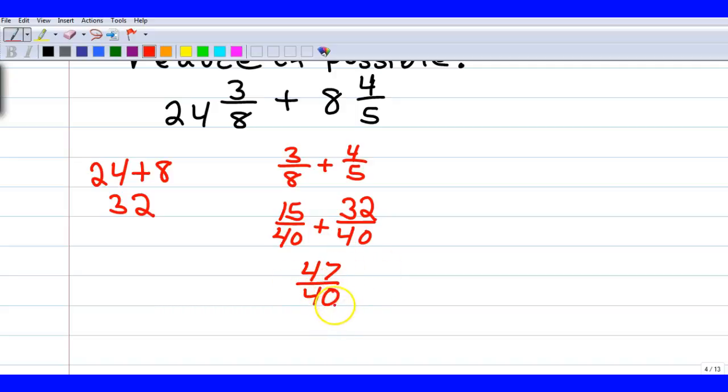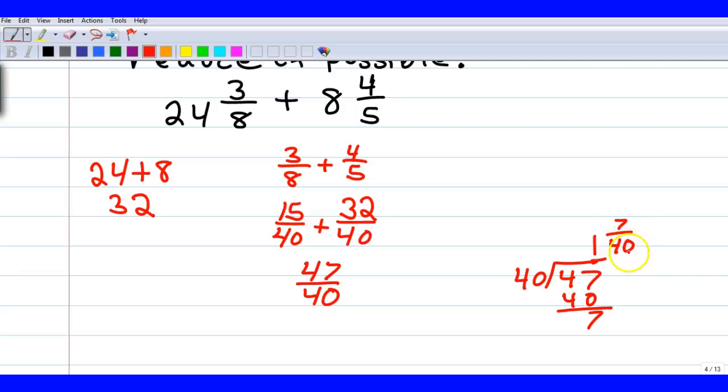Now, this is an improper fraction. I have a larger number on top than I do on the bottom. This means I can divide this bottom number into the top and keep the remainder. I take the 40 and divide it into 47. 40 into 47 will go one time with a remainder of 7. I take that 7 and put it back over the original divisor, so I have 1